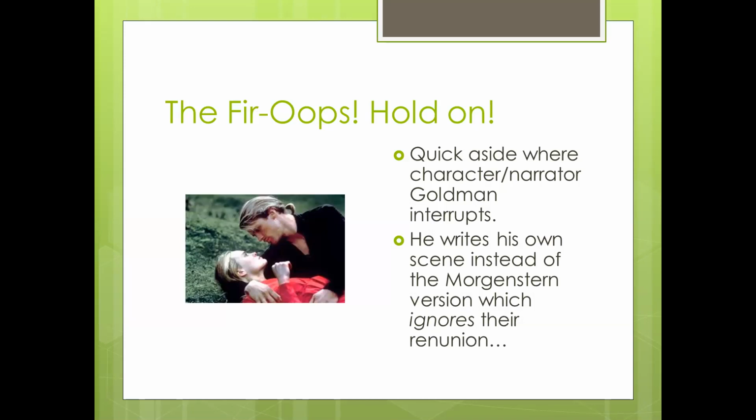Now for the fire. Oh, hold on. I love the fact that this chapter also contains another one of these creative asides where the character or narrator of Goldman interrupts the flow of the action. Of course, Buttercup throws herself to the bottom of the ravine to be with Wesley. And it's here that he explains he wrote his own scene instead of the original Morgenstern version, which ignores the reunion of the two separated lovers,